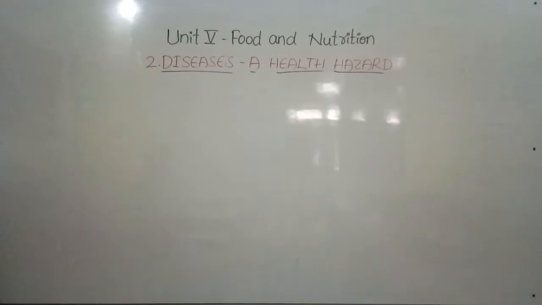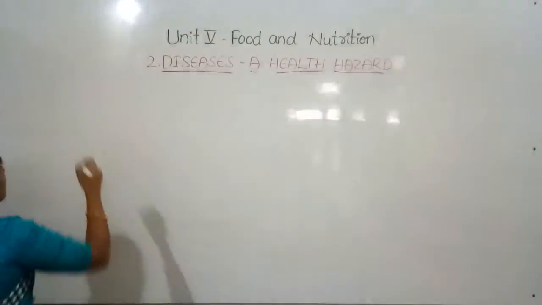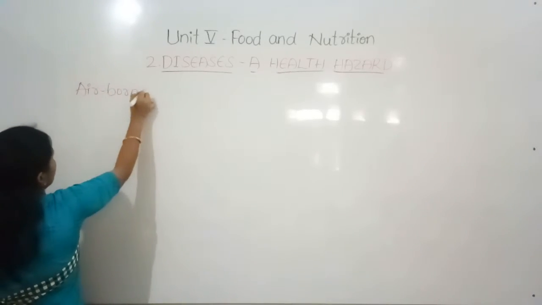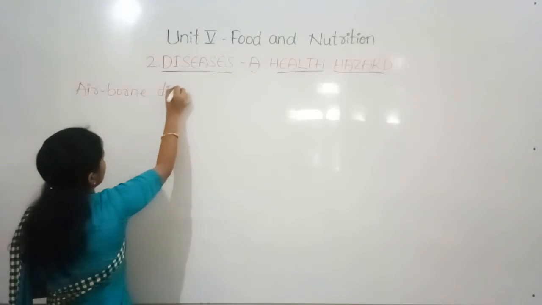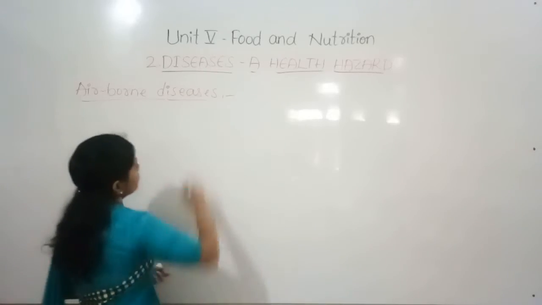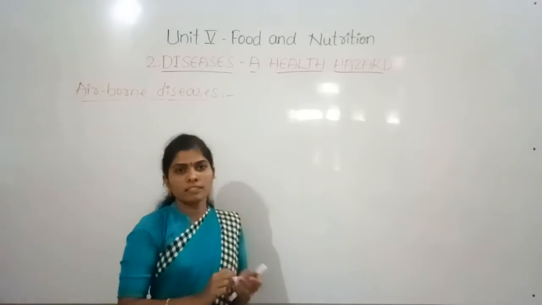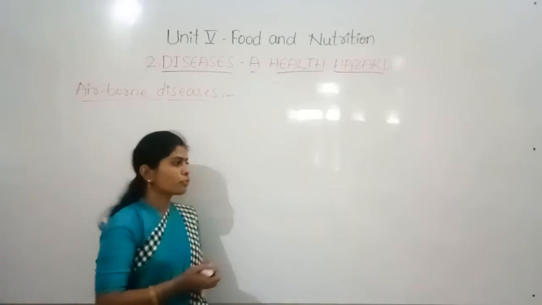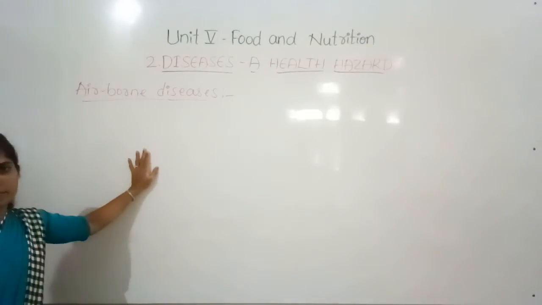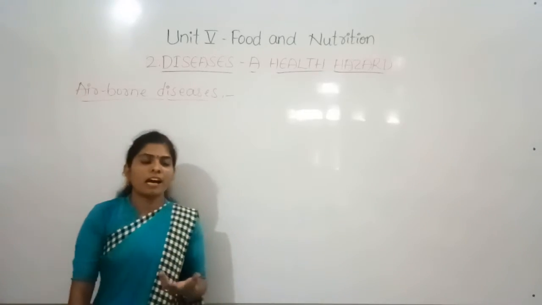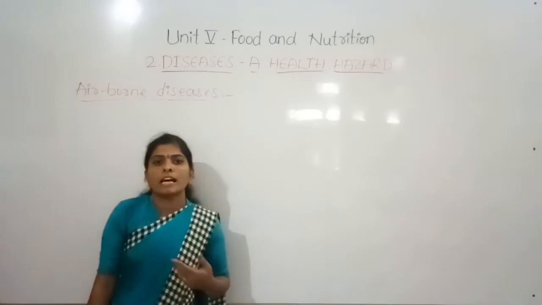The airborne diseases. So, the germs which are present in the air. These airborne diseases are mainly caused due to the germs which are present in the air, and when the germs which are present in the air enter into the body, then we are affected by the diseases. So, they are called the airborne diseases, and these may be caused by the major ones, cough and sneezing, when